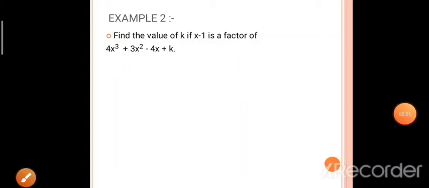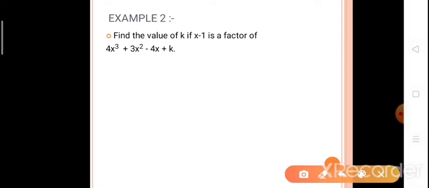Students, let us see example number 2. Let us see what the question is saying. Find the value of k if x minus 1 is a factor of 4x cube plus 3x square minus 4x plus k. Students, here you can see that in this question you have been given that x minus 1 is